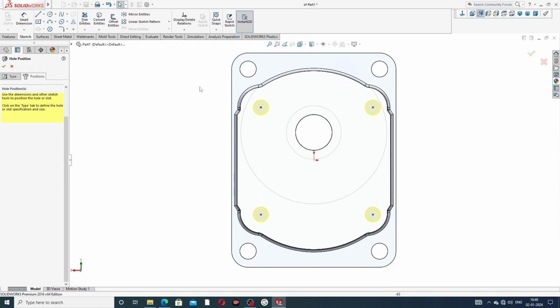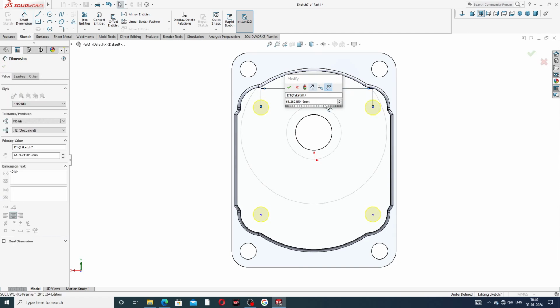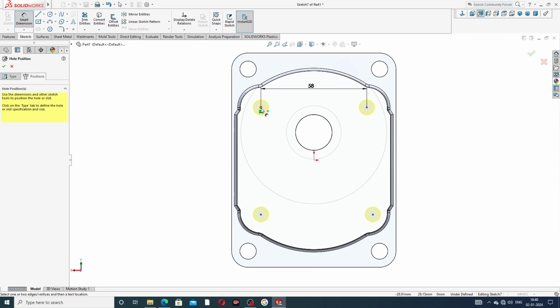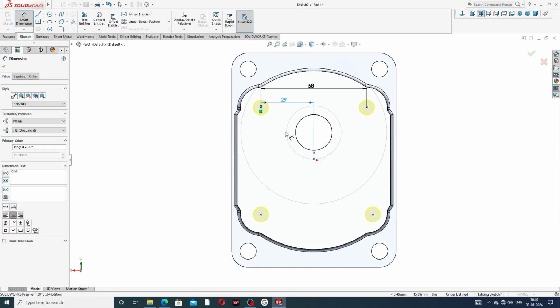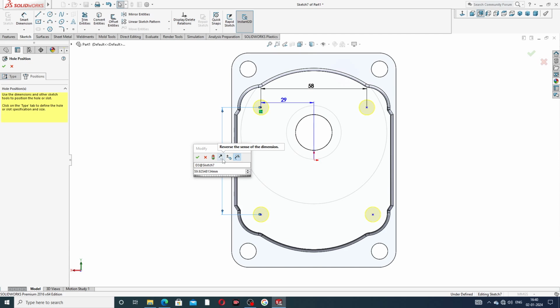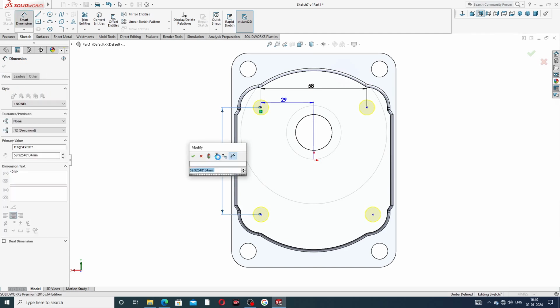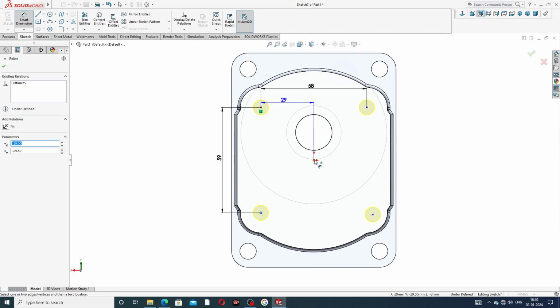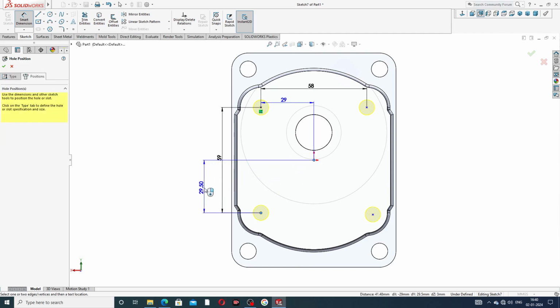Define a dimension. This distance to this is 58 millimeter. This distance is 58 millimeter, and this distance to this is 29 millimeter, perfect. And this to this is 59 millimeter. 59 millimeter, and also this to this is a